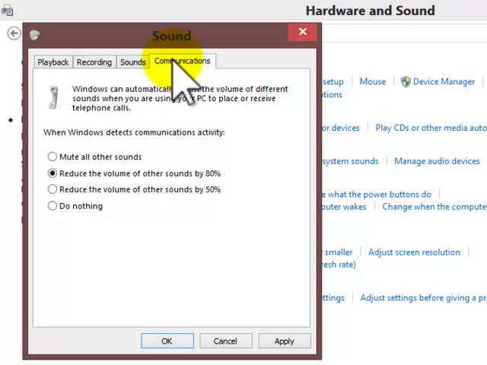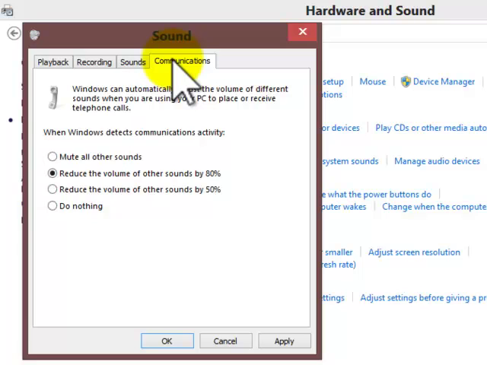A lot of computers these days we use for our communications, for phone, for Skype, for chatting, video and audio stuff like that. And it's really good when you get, for example, a phone call in your computer, your tablet, your laptop, anything like that. When you get a phone call or a communication, it's better if any other application with sound, for example media player or VLC playing in the background,